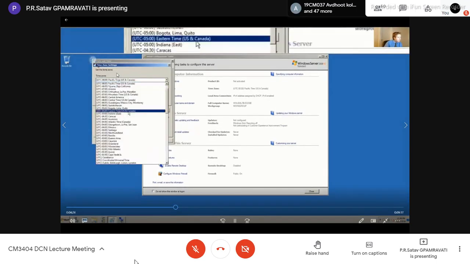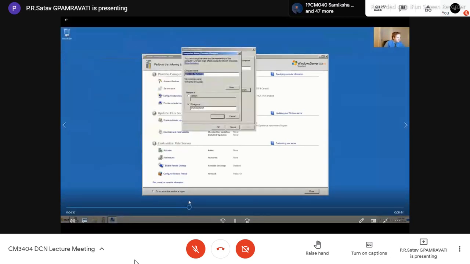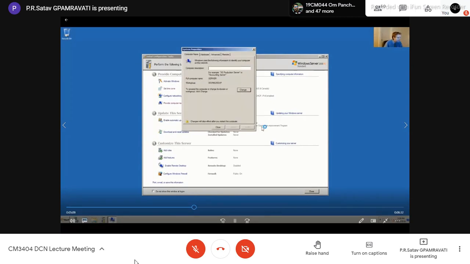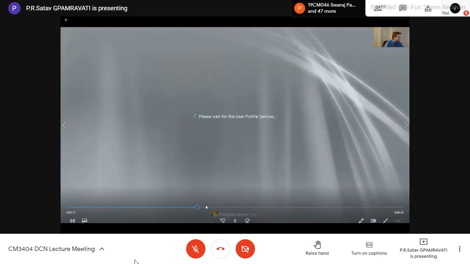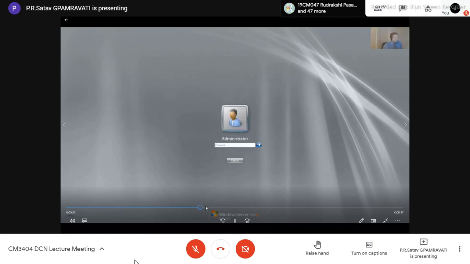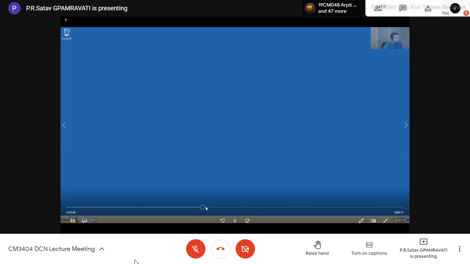See, our time zone can be changed as per our requirement. Then after that, this is the computer name, and we can change the computer name. So it is server, and we set it as a workgroup, and then you must restart your computer. We can choose restart now or restart later. Without that, you will not get the controls. So it is administrator, and we can assign the password. After assigning the password, it shows the same window again.